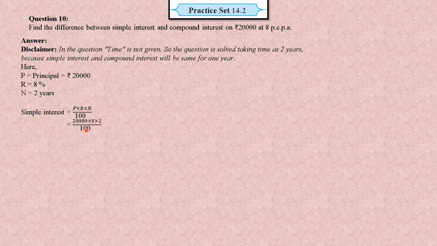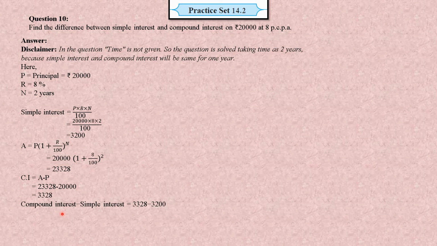Substituting the values of P, R, and N, we get 20,000 into 8 into 2 divided by 100, which is 3,200. Now, using the amount formula to find out the amount, A is equal to P into (1 plus R upon 100) raised to N. Substituting the values of P, R, and N, we get 20,000 into (1 plus 8 upon 100) the whole bracket square. Solving this, we get the amount to be 23,328. Using the compound interest formula, that is A minus P, A that is 23,328 and principal is 20,000. Taking the difference, we get this as